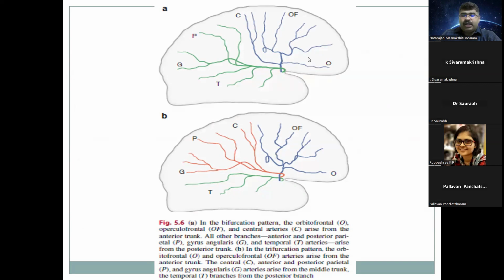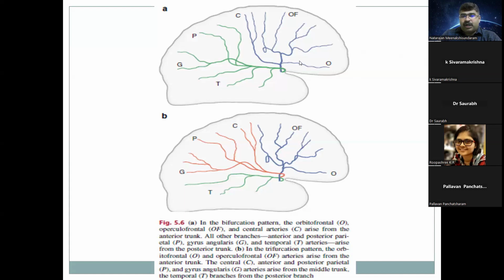So the MCA, when you have a bifurcating pattern, divides into the anterior and the posterior segments. Okay, so this is the bifurcating pattern. The various branches arise from the anterior segment and the posterior segment. And if it is a trifurcating MCA, the branches will arise from anterior, middle, and posterior segments. So, branches arising from the anterior segment of the MCA in the case of MCA bifurcations: